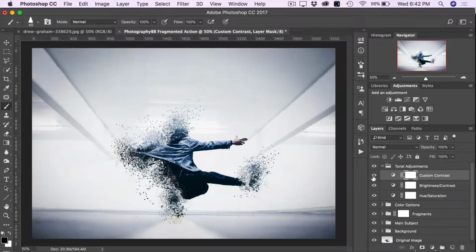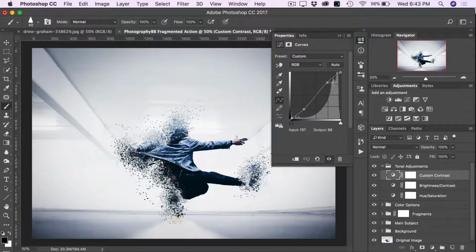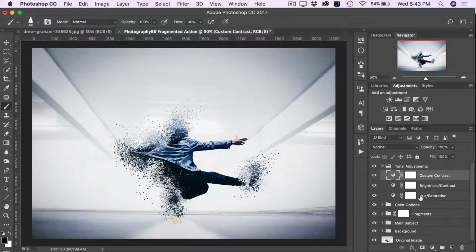And if you would like, you can reduce the opacity down to minimize that slightly, leave it cranked up to 100. Or if you're very adventurous, you can double click on the layer adjustment icon here and make changes to the actual contrast curve itself. And close that up. Now the next 2 here, we have set them to 0 by default. So the first is a brightness and contrast layer. So toggling the visibility doesn't do anything at this point. But if I double click on the layer adjustment icon,